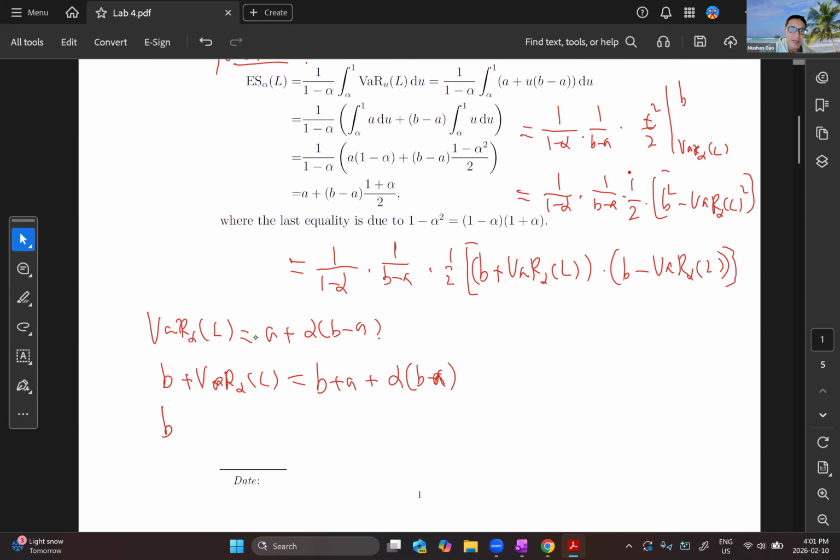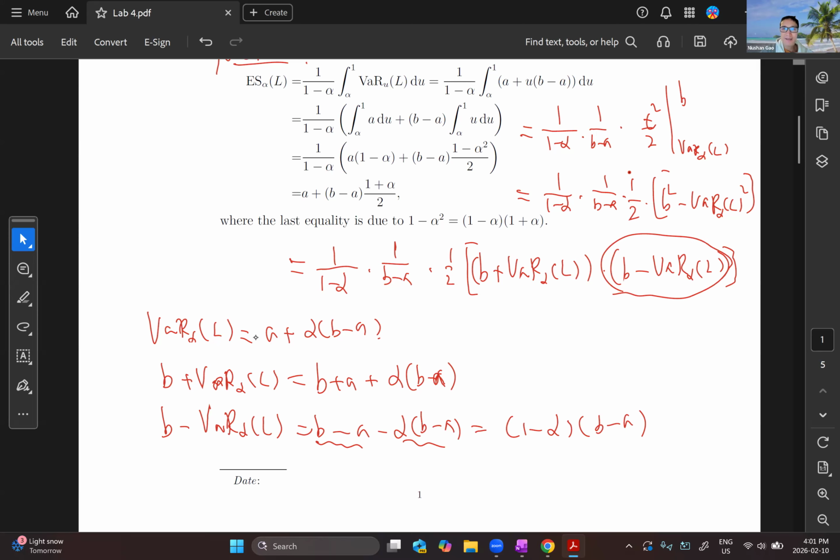What is B minus value at risk? It is (B minus A) minus alpha times (B minus A). This is nice because you have B minus A, so it equals (1 minus alpha) times (B minus A). So this one exactly equals this one, so it cancels with this one, right? So what remains is just a half of